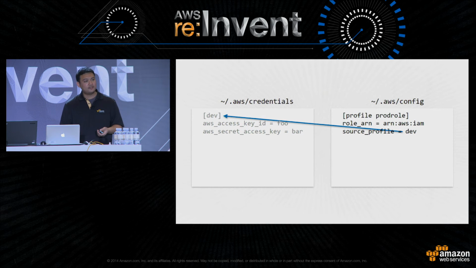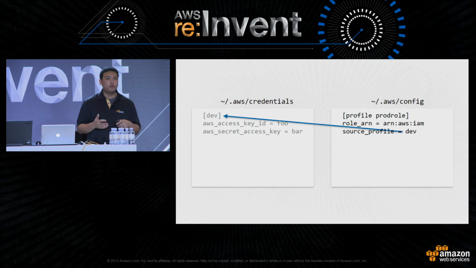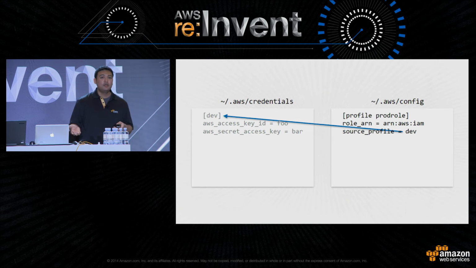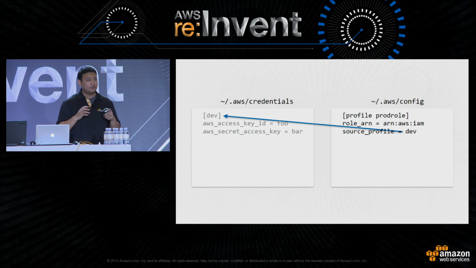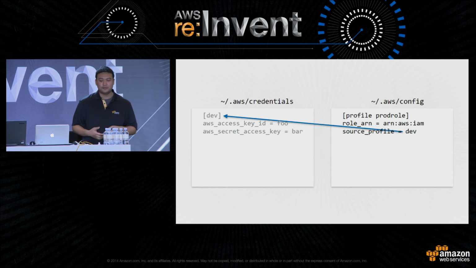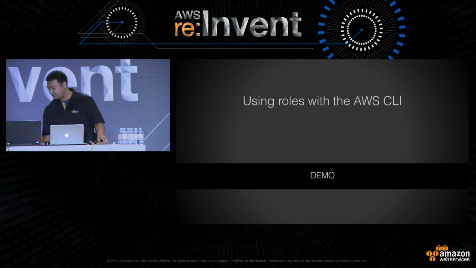Once you set this up, it's just like normal usage of a profile. We will automatically handle assuming the role if there are no initial credentials, and then we will also cache those credentials. If you make that same call again, it will use the cached credentials until they expire, and once they're expired, it will automatically refresh them. It also handles a scenario where you're running a long process, say an S3 sync or a copy with a lot of files. If the credentials expire mid-transfer, it will also reassume the role and grab a new set of credentials for you. And so I want to show what this looks like